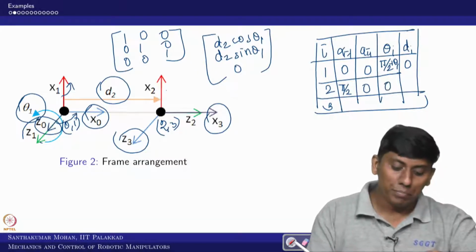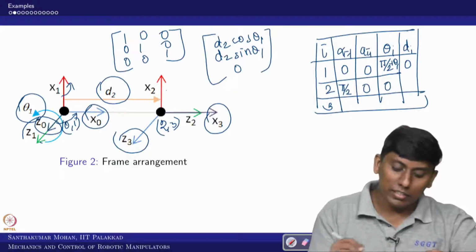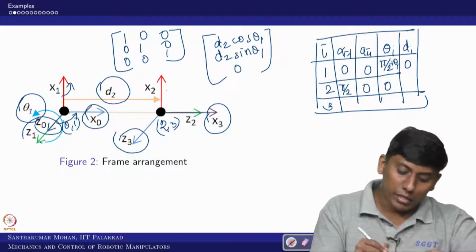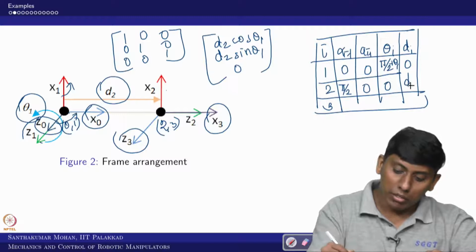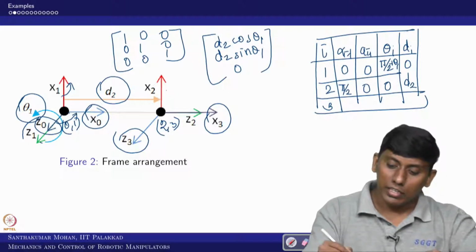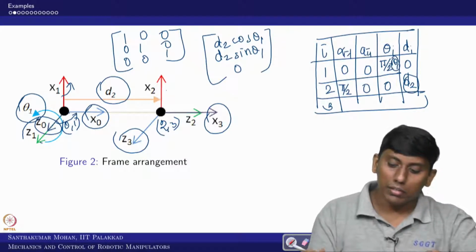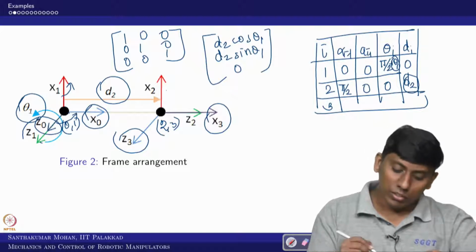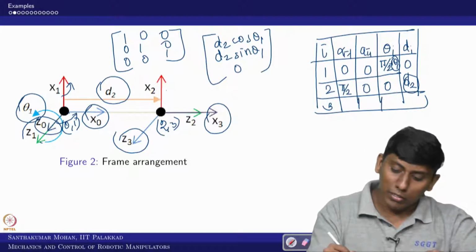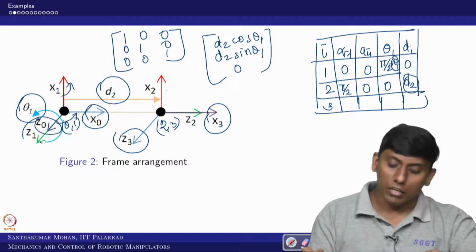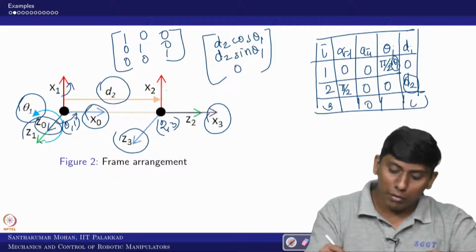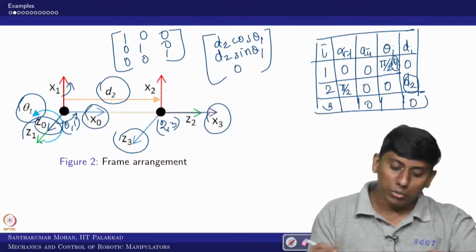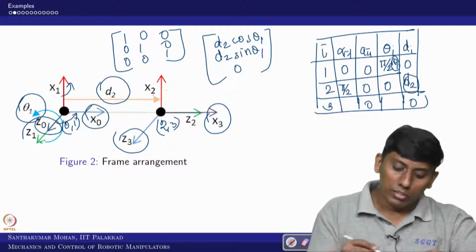So, that is 0, and what you can see there is a distance along, you can say 1 and 2 frame. So, that is what I call d2, right. So, in this case this is variable and this is variable, right. So, now what else? The third frame is actually like the displacement is nothing because 2 and 3 coincide. So, you can directly put that 0, but what you can see about x2, the z2 is